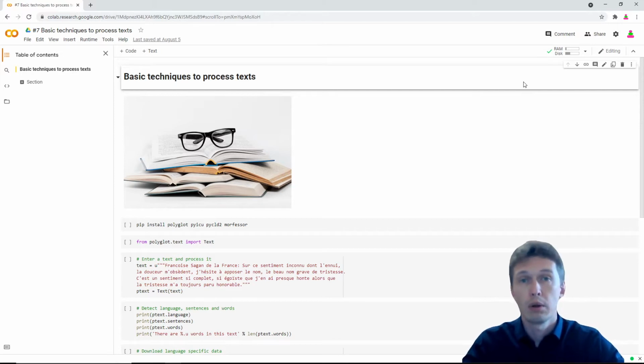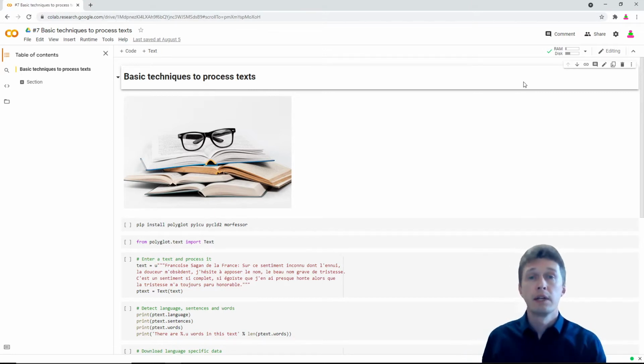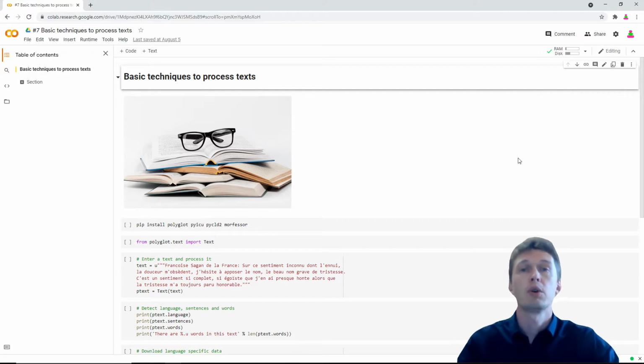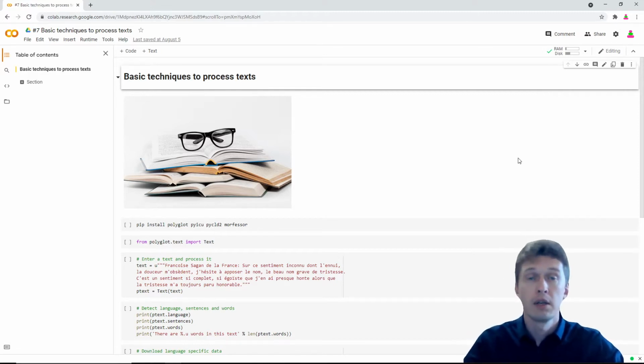And today we will plunge into the realm of natural language processing. We shall look at what contemporary AIs can do in terms of detecting language, detecting words and sentences, whether modern AI can understand morphemes and distinguish between nouns and adjectives, or distinguish proper nouns from nominal nouns, etc. And we shall take a look at Polyglot, which is my choice because it is multilingual and it has very rich functionality, so hopefully it covers all possible languages so that you will be able to use it.